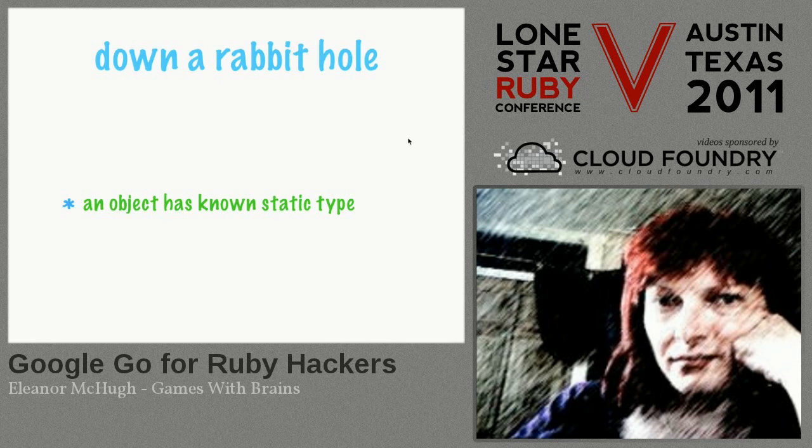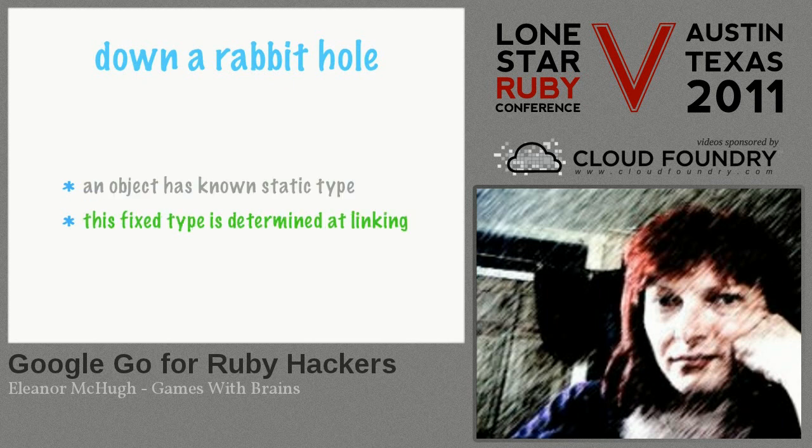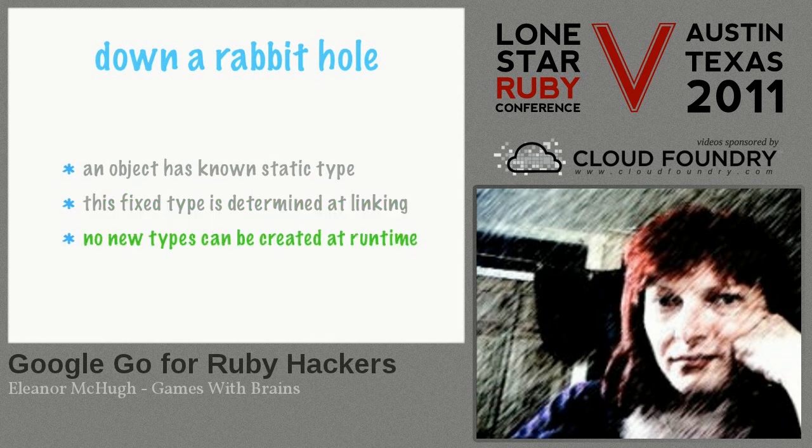Now, we've got a different rabbit hole with Go, because an object has a known static type, which it doesn't in Ruby. The fixed type is determined at link time, because it's fully statically linked as well. Go doesn't support any dependencies on third-party libraries at present. Everything is statically linked, which is a plus thing and a minus thing, so we won't go into that. You cannot create new types at runtime, which I find very frustrating at times, because in Ruby I create a lot of new types at runtime. It's one of the ways in which I minimize the amount of code I have to write,